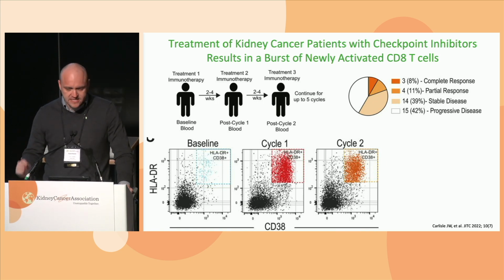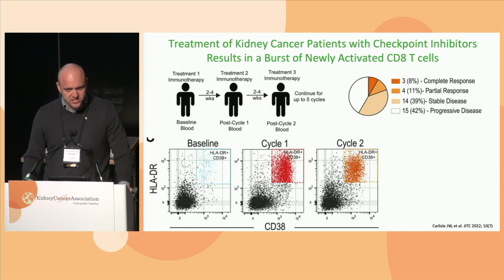What we have here is just gated down to the CD8 T cells in the blood of a patient. We're looking at two markers, CD38 and HLA-DR. These tell you if a T cell was recently activated. So if you look in all of your blood right now, you've got a few of these cells activating, responding to subclinical sorts of things. When you have a vaccine or something like that, you have a big burst of these cells in the blood that are responding, becoming effectors, turning into memory cells and things like that.